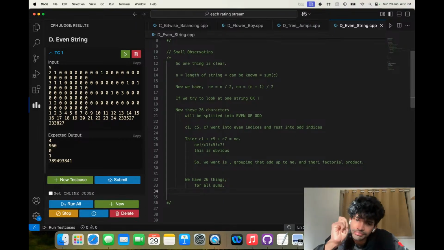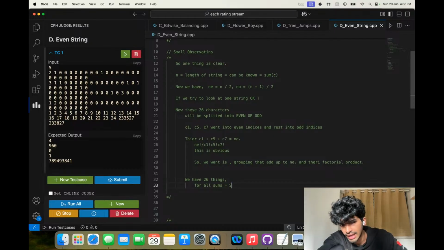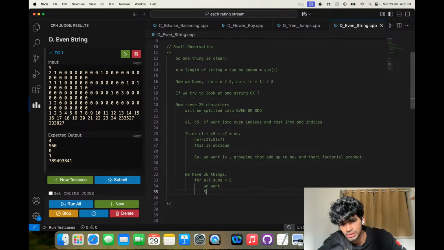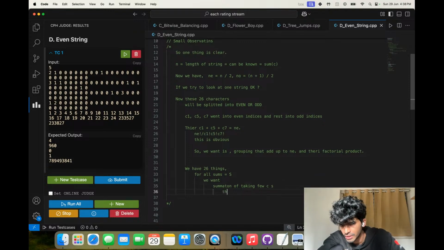For all sums, we focus on only even things. For all sums, let's say the sum equals S. We want the summation over all possible ways of taking a few C's that add up to S, and the summation of their products.